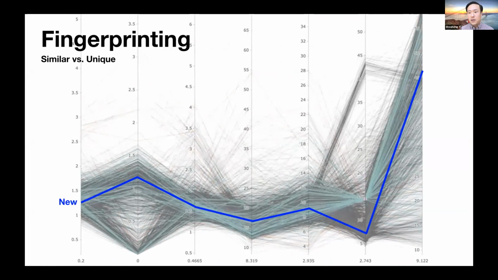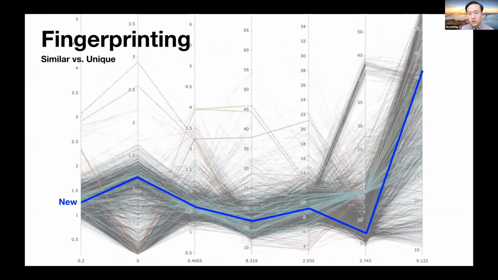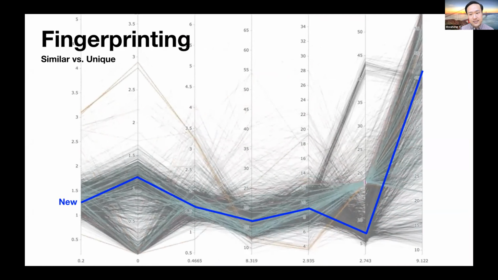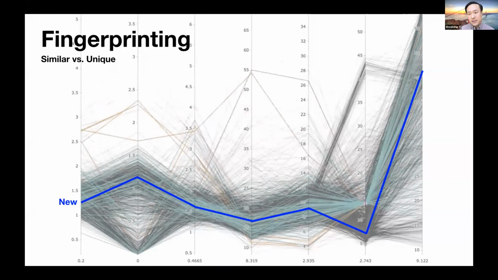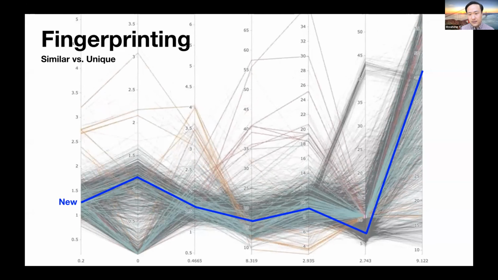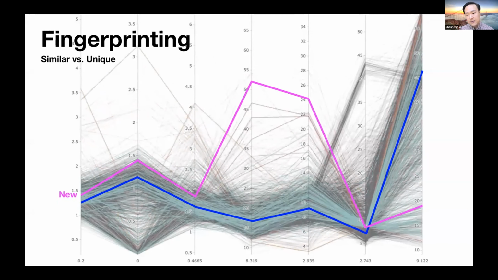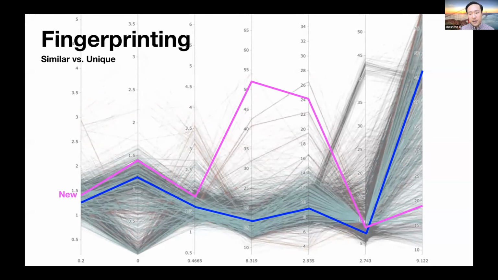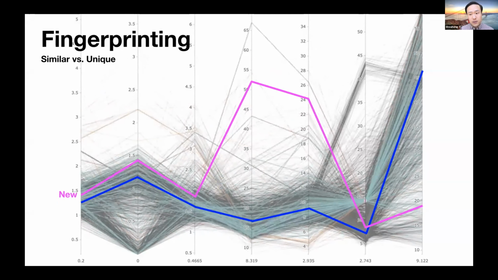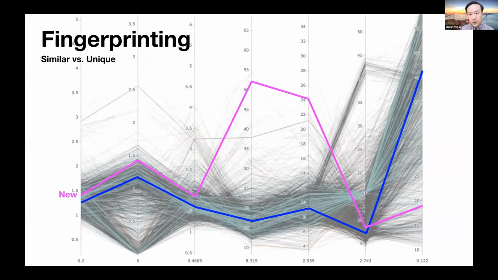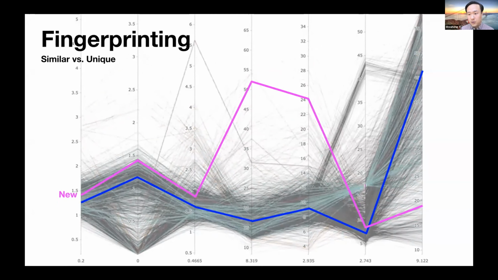For example, this can help model trainers identify real edge cases. Let's say we have a new event. The blue line in the graph seems to be very common, very vanilla. By contrast, the magenta line is really unique. The model trainer then can collect a set of unique scenarios and improve their models using this data.